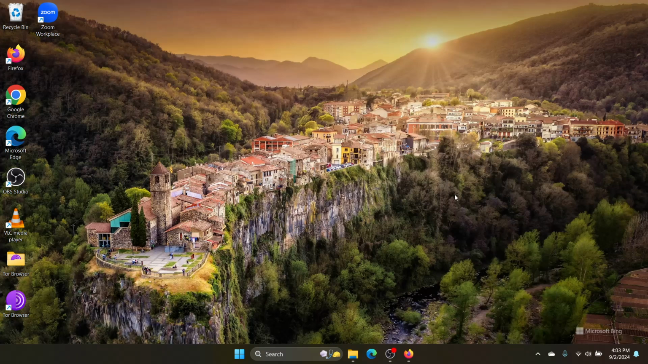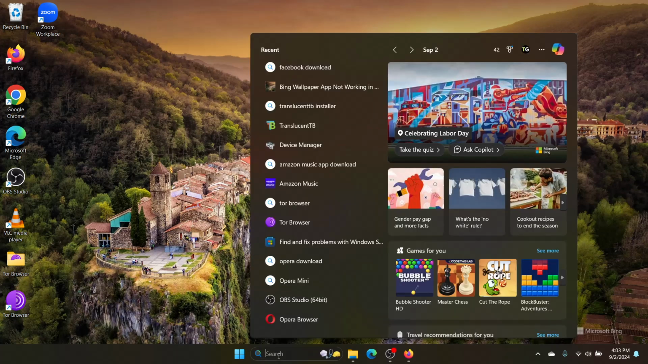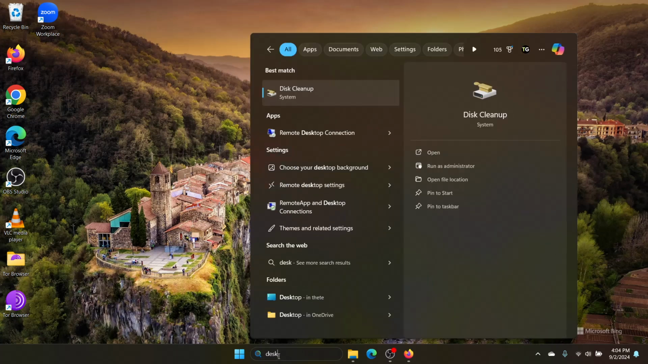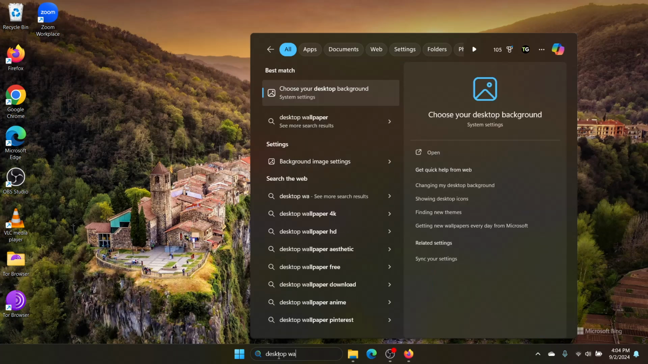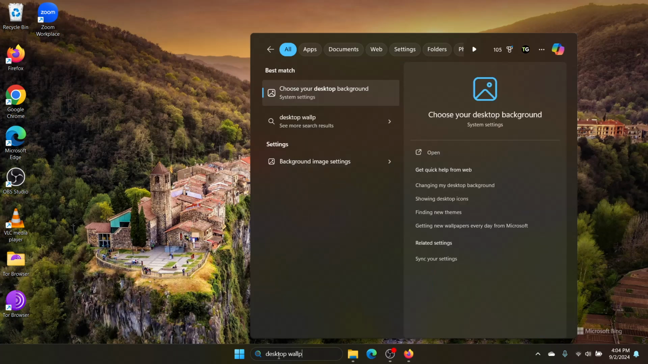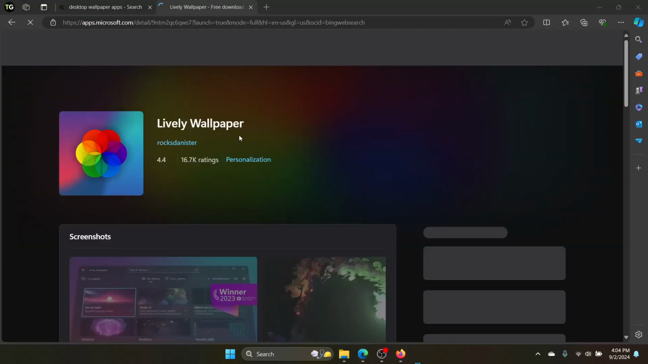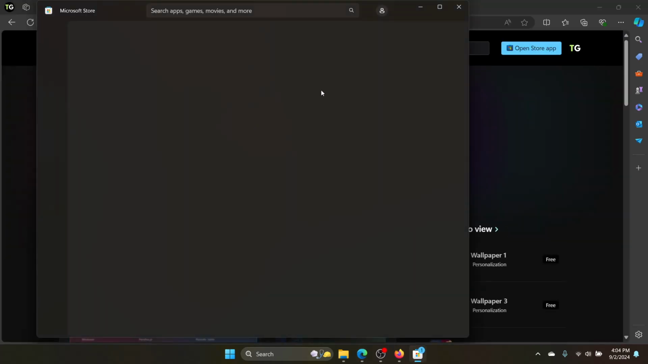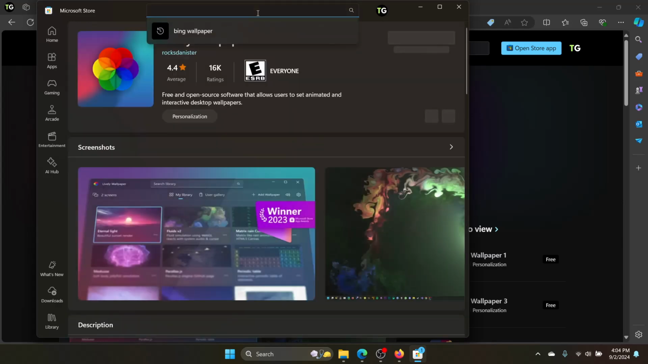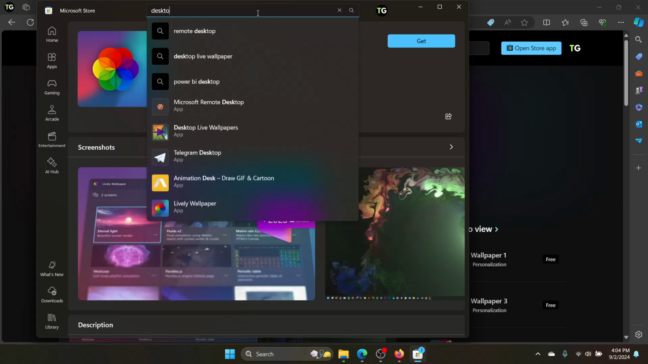Now the last option is to go to the Windows Store and we can search for desktop wallpaper apps. Here we can click on install on Windows, or we can open the Windows Store and we can click on desktop wallpaper apps,